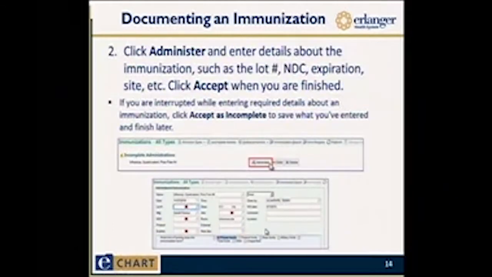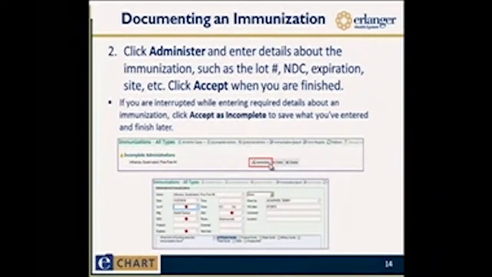Okay. So once you click administer on, say, the visit orders report, you go into the immunizations activity, and you will have to hit another administer button next to the immunization. We have a screenshot, and it says administer, and it has a little syringe next to it. Once you click that administer button, you will have to enter the details about the immunization, such as the lot number, the NDC, expiration, the site, and all the other ones that are required with those red hard stops.